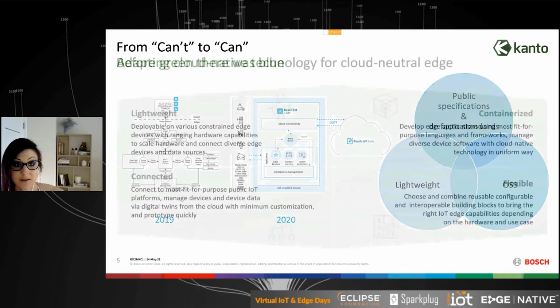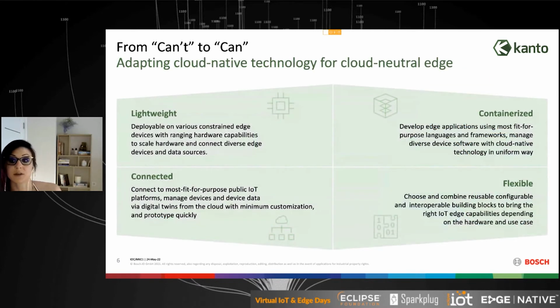And this is how, if we have to sum up what we learned over that year and a half after the first release of this product, trying it on real use cases, there are four more important aspects and benefits. Adopting cloud native technology is very important, but you also have to ensure a cloud neutral edge device.